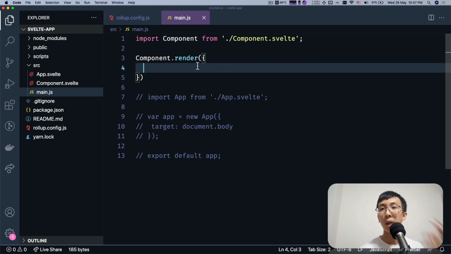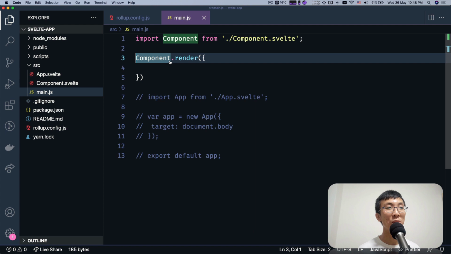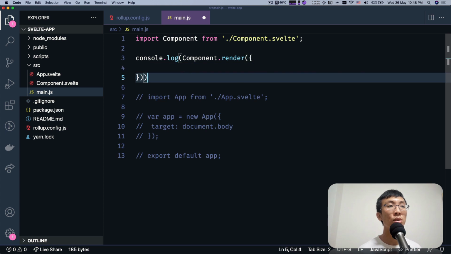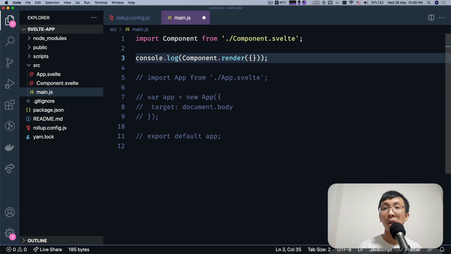This is the function that I mentioned again and again. This is a function that returns you a HTML string. So I'm going to console log that because it does not really return a HTML string per se. It's returning an object, and then the object contains some HTML string and some other information that you would want to know about. Right, so I'm just gonna console log everything out.